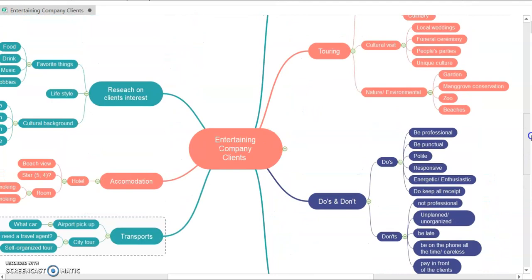Jadi nanti ini Anda jelaskan. Jelaskan bagaimana nanti Anda akan melayani tamu itu, bagaimana Anda menjelaskan aktivitas-aktivitas yang akan dilakukan. Tapi untuk sementara ini Anda belum menjelaskan. Yang Anda buat itu adalah mapping saja seperti ini. Itu belum dijelaskan. Nanti mungkin di final test saya akan tanya soal ini. Mungkin soalnya mengatakan, oke, coba jelaskan salah satu cara Anda untuk entertain klien perusahaan. Anda jelaskanlah yang seperti ini.